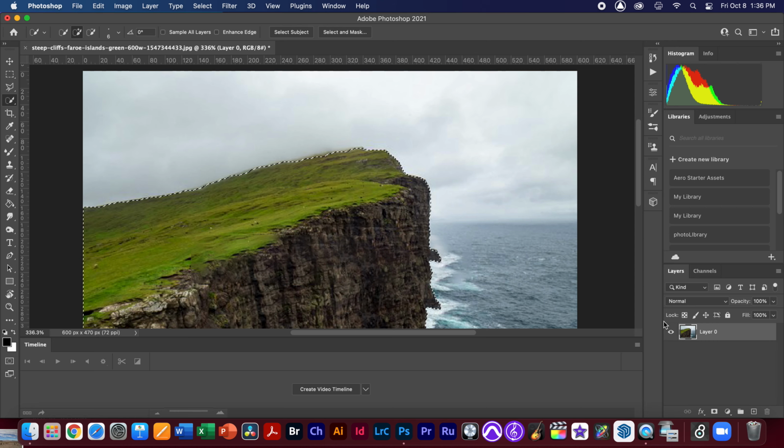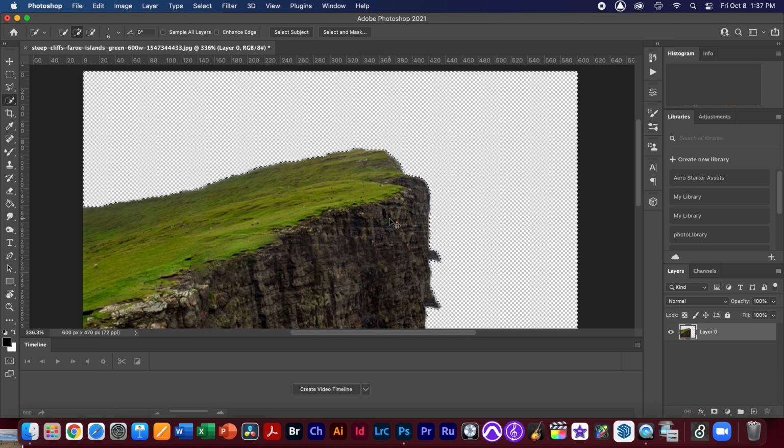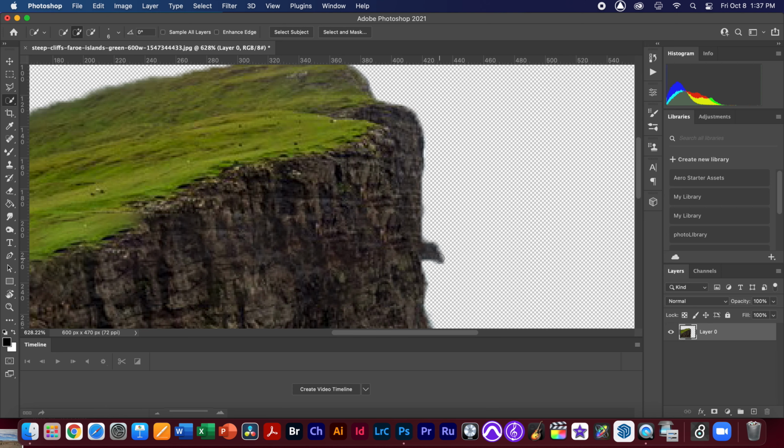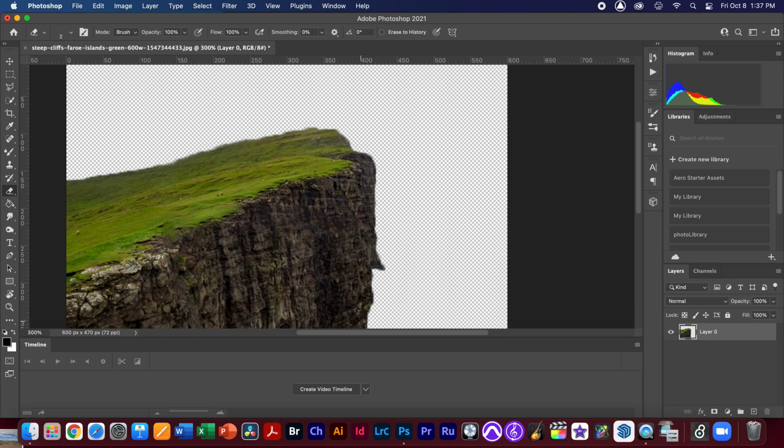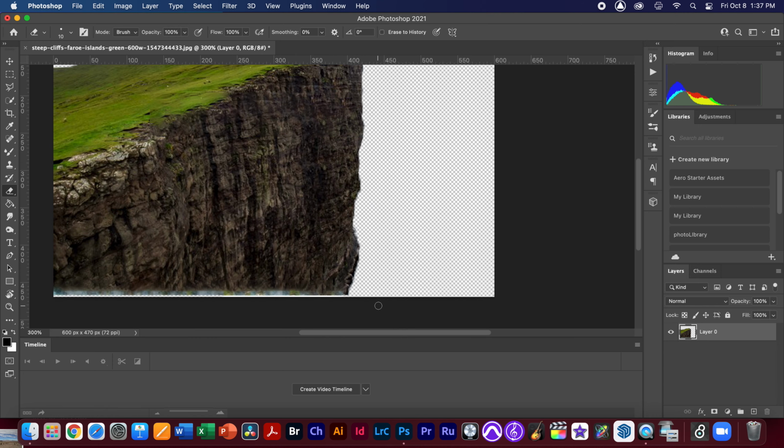So let's go ahead and invert the selection, Shift Command I, and then hit the delete button and then deselect. I don't like this little thing here, so I'm just going to use my eraser tool to erase it. You can always use the eraser tool as a way of, in essence, drawing that outline to your satisfaction. And again, I don't like this one. I'm going to make that eraser a little bit bigger and erase that so that it's a nice cliff. All right,